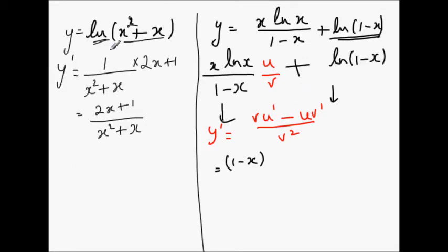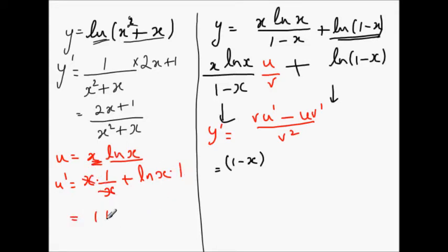So we have u is equal to x ln x. Now it's a product rule, so u dash is x times 1 over x, which is the derivative of ln x, plus ln x times the derivative of x, which is 1. So this cancels, and this is 1 plus ln x. Clear? So the derivative of u, which is x ln x, is 1 plus ln x,